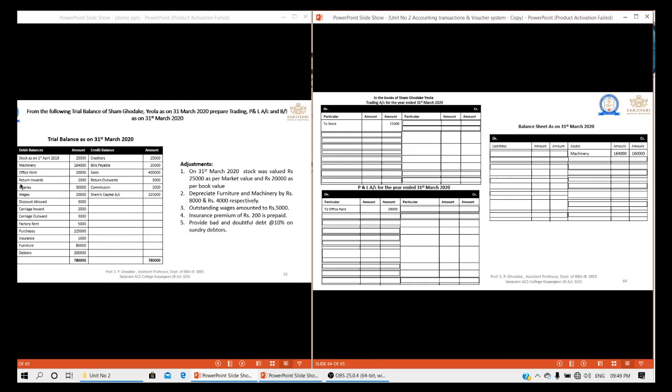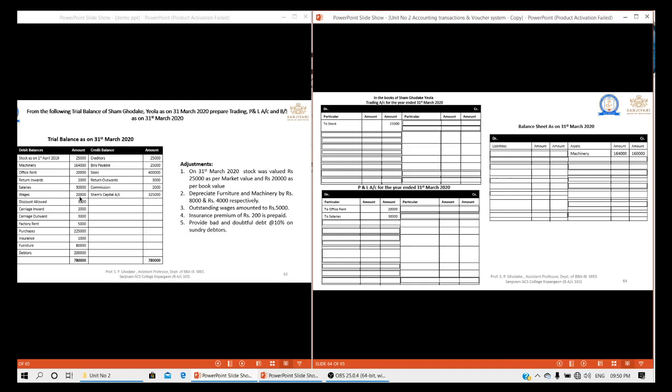Then the next is return inward. So return inward, we have to subtract it from the items. Return outwards and return inwards are the things which we need to subtract from the sales and the purchases. So we'll keep this, and in the coming part we'll do the posting. Then we have the next item, salaries. Salaries is an expenditure, so at the debit side of the profit and loss account we will write. There will be no adjustment, so directly we have written 30,000 in the outer column.